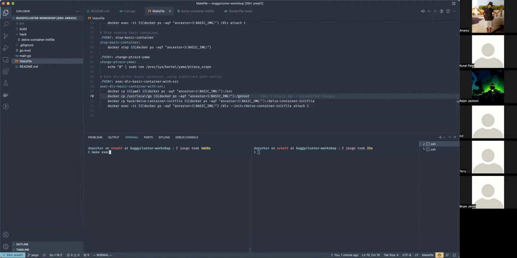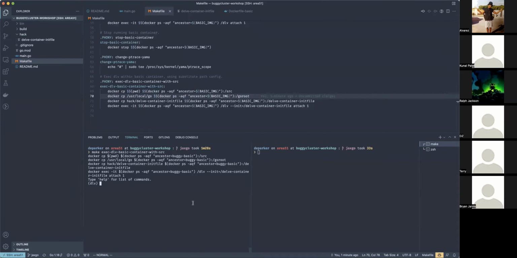Sync that up. And let's run that command and see what happens this time. So make exec basic container with source. So we're doing all of our copies. All of the Docker copy commands seem to have worked. And now we're back within a Delve prompt, right? So we've reattached with our init file, and we should be able to see some of the source